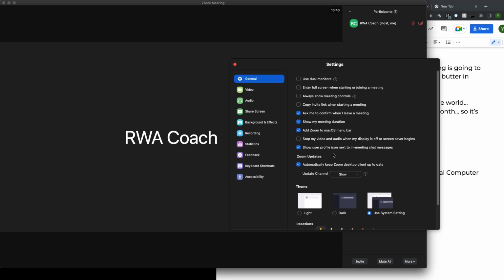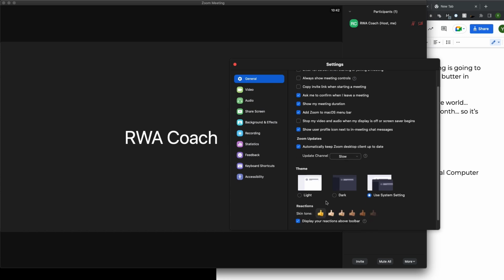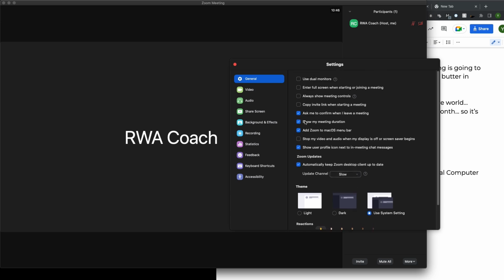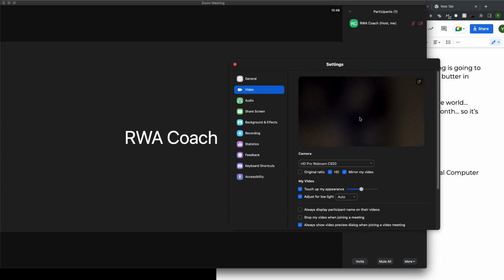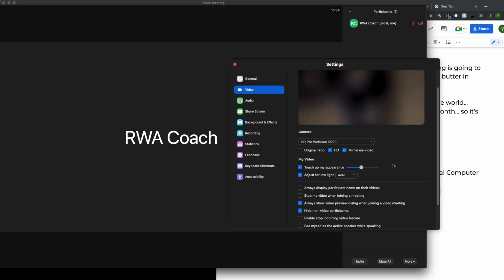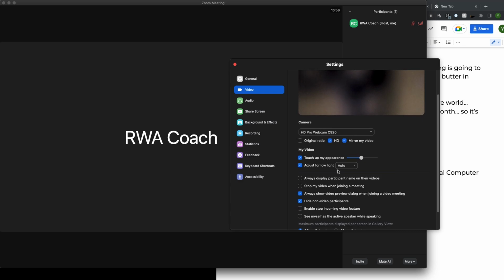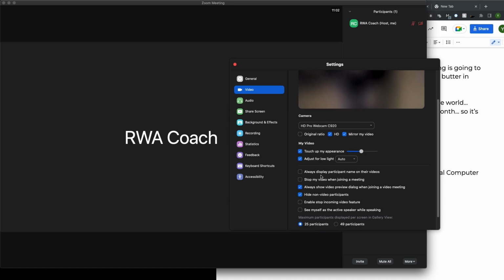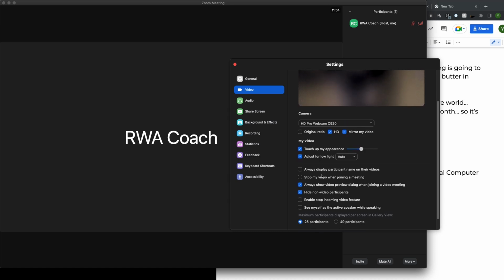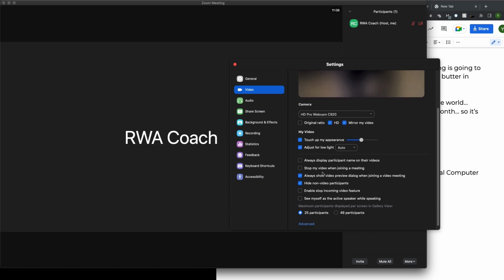You can read through that. You can see the theme I want to use, the reactions that you want to use, the color of the reactions, all of that kind of stuff. That's this. And then if I go over to video, obviously because I'm recording, my video is not showing, but you can switch between the different cameras that you might have. If you have a more advanced camera, it's going to give you some more options. If you're just using your webcam on your laptop, some of these options may not be available for you, but you can go through and look at all of these different options that are available on here specifically for your video.